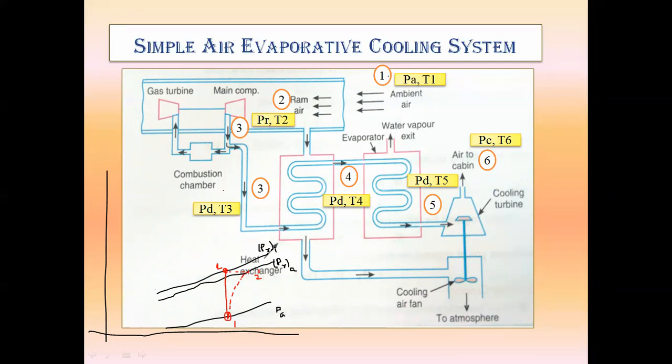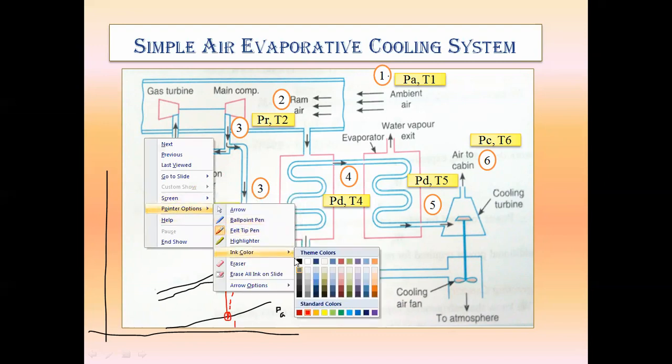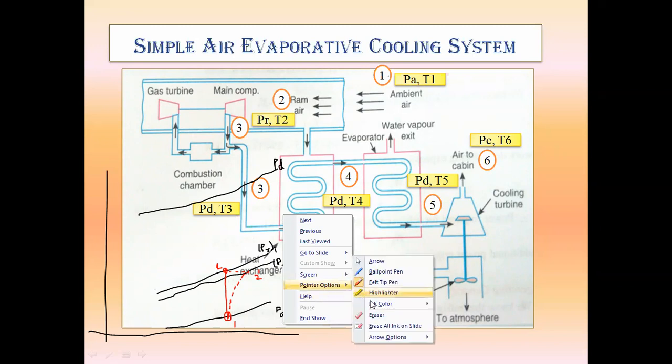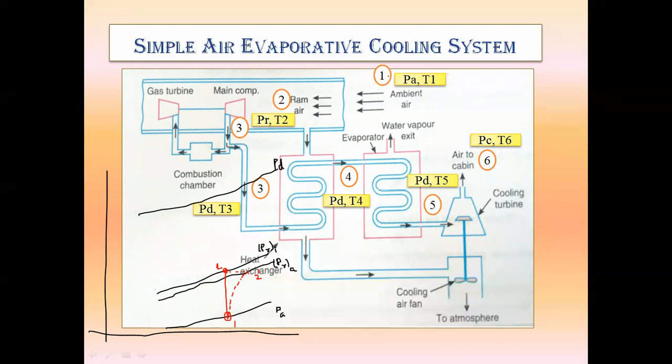Now the 2 to 3 process will occur inside the main compressor. Inside the main compressor, what will happen? Compression. Next pressure line is nothing but the delivery pressure line. This is a delivery pressure line. So 2 dash to 3. If that compression process is isentropic, that means an ideal process, the ideal compression process will be drawn likewise. So this will be my point number 3. But in actual practice, because of irreversibility, the actual compression process will be likewise. So this will be my point number 3 dash.